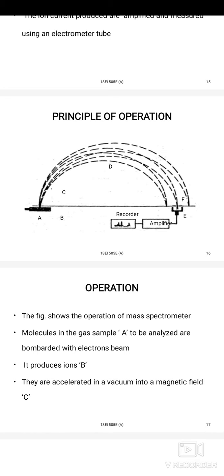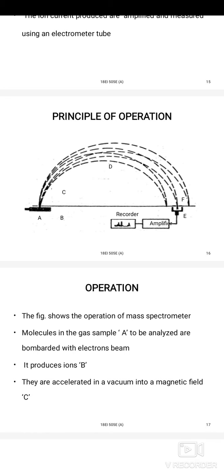Then it is passing into the electric accelerating field, where electric plates are there and accelerating voltage is applied. This accelerating voltage causes the ions to accelerate and gain kinetic energy, and then they pass into the magnetic field. The magnetic field, as shown in the figure, has the paths D,